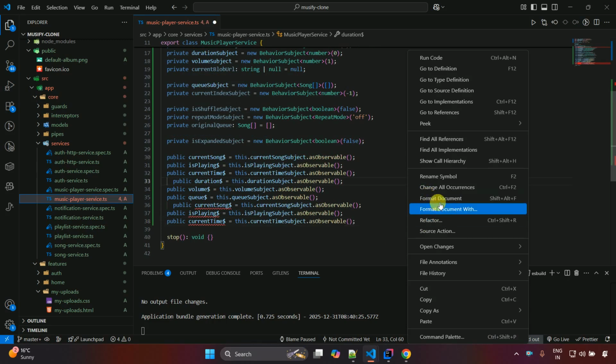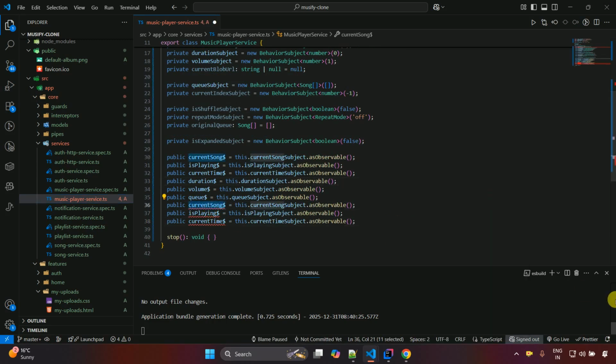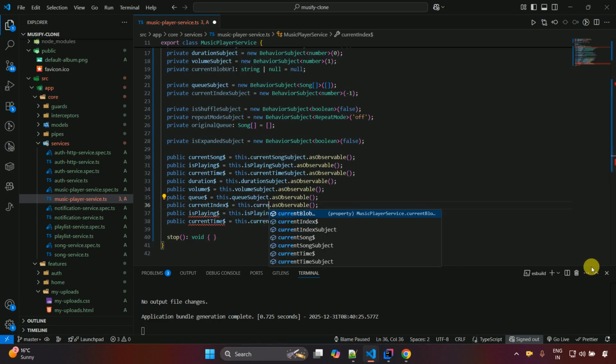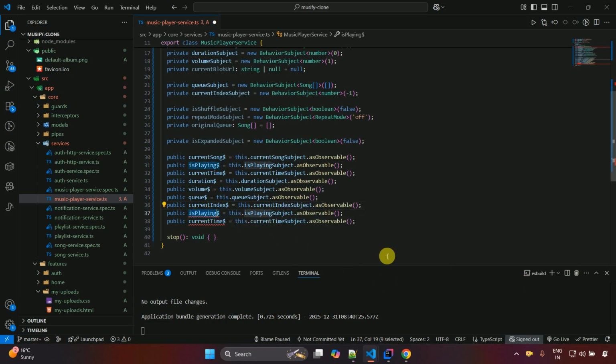Let me format this one, and after queue the current index, and here also we have to change this to current index subject, and after the current index the next one will be is shuffle,